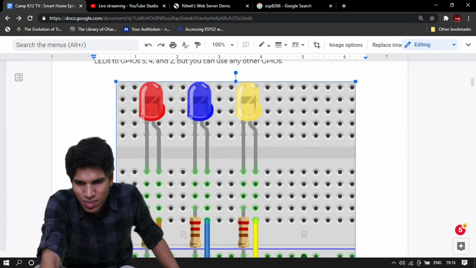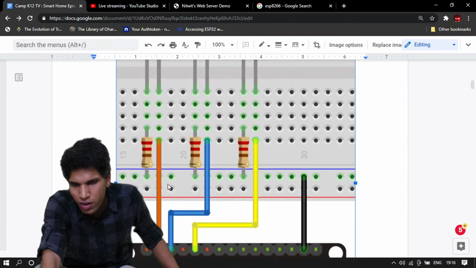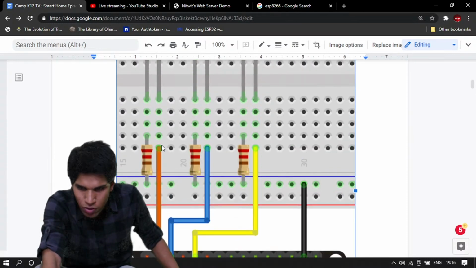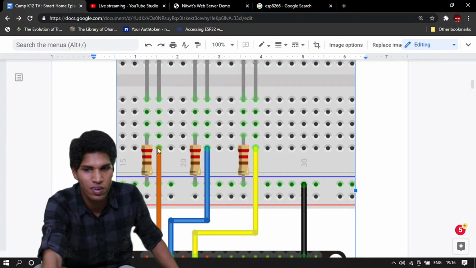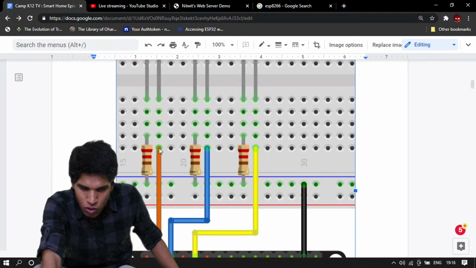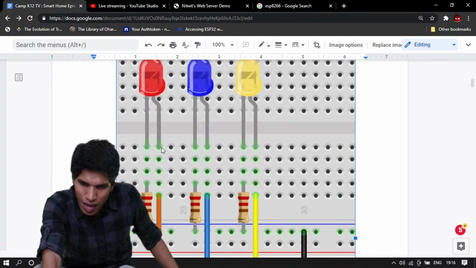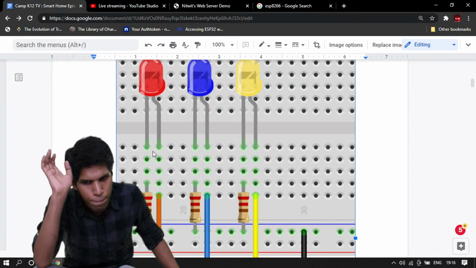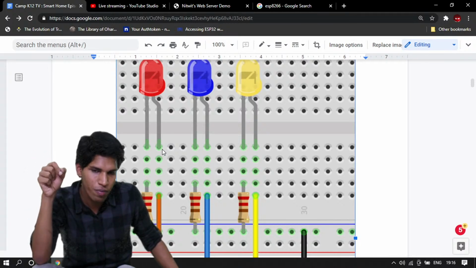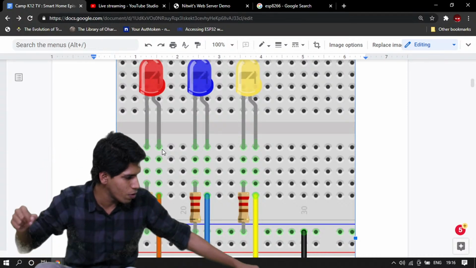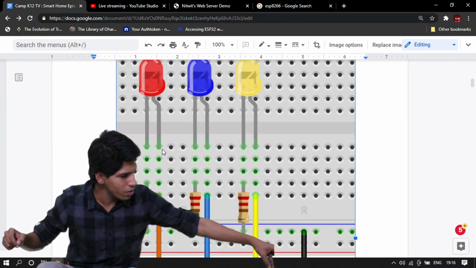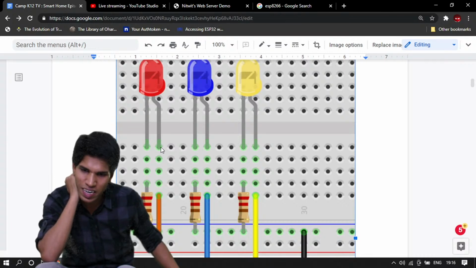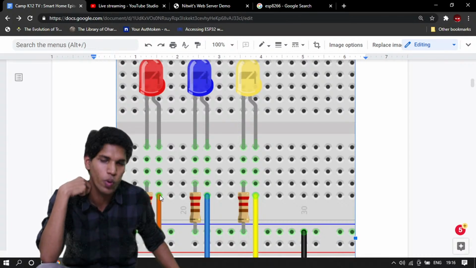This orange wire here is connected to this point, which is inside my breadboard. Inside my breadboard, all the points horizontally are connected with each other. So if I attach a wire here and then my LED is connected here, because of the internal wiring of a breadboard, this point of the LED is connected to the orange wire by default.